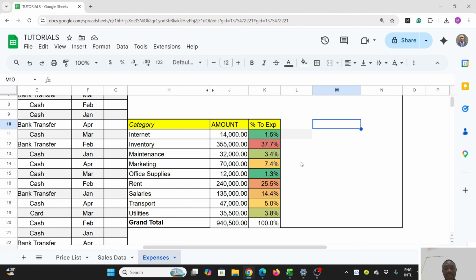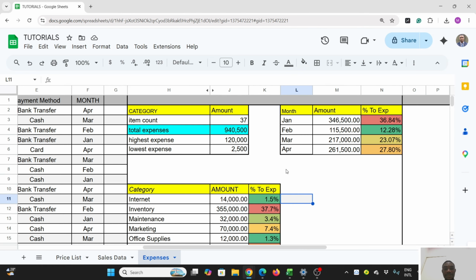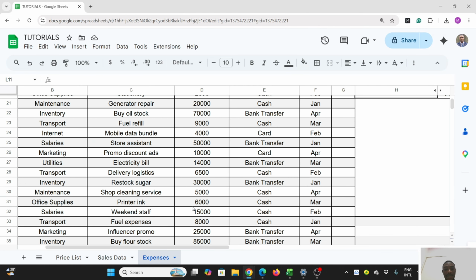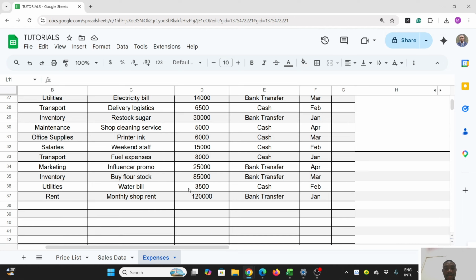On office supplies, we spent 240,000, being 25.5% of our expenses. On rent, we spent 135,000, being 14% of our expenses. On salaries, we spent 47,000, being 5% of our total expenses. On transport, we spent 35,500, being 3.8% of our total expenses. On utilities. Every time I add data on this sheet, my summary updates automatically, and that way I'm able to